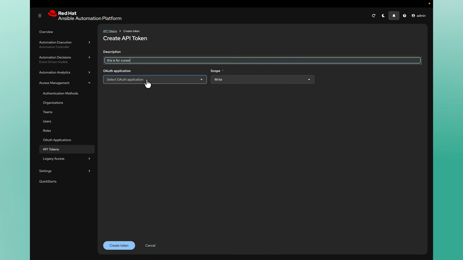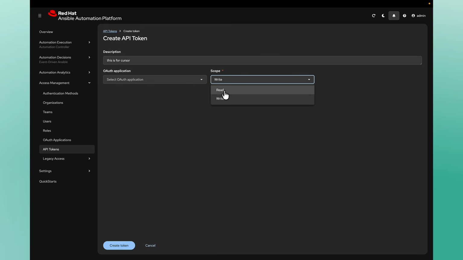You can tie this to an OAuth application, but you don't have to. So we can leave this blank. And then you have the idea of scope here to read or write. There are no more authentication methods here because it's tied to your actual user. So because I'm an admin, this will have admin access. So it matches whatever RBAC rules you have for that specific user. That's how I was able to demo it in the other demo where I only had access to one job